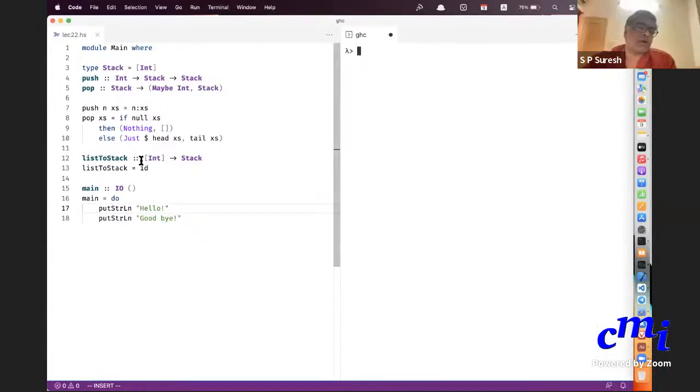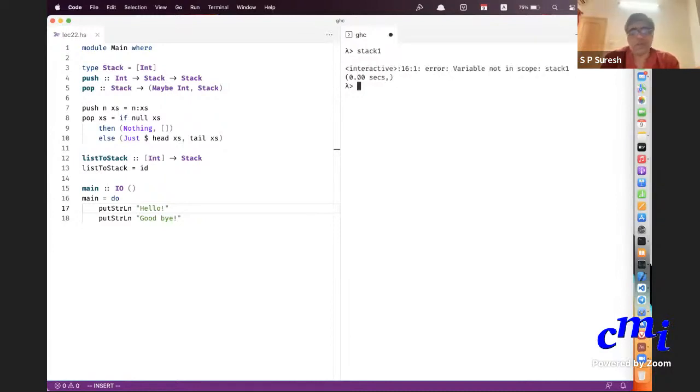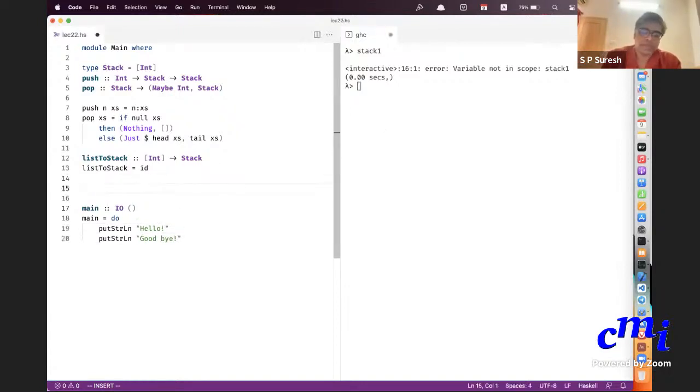Now this is fine. But already you see that Stack is nothing but a list of integers, so you can do all kinds of nonsense with it. In particular, you can do stack1. Do I have my stack1 still loaded? No, sorry. So you can say so here, it's best to always put it here.